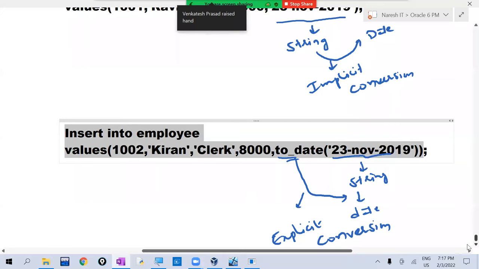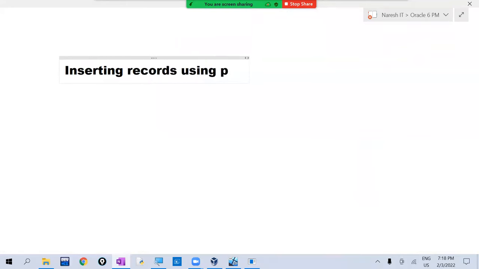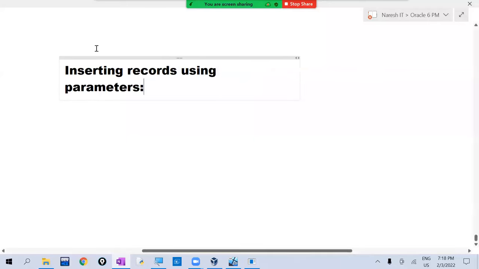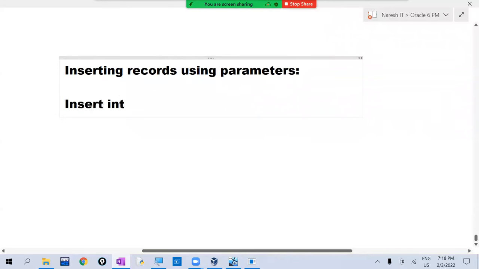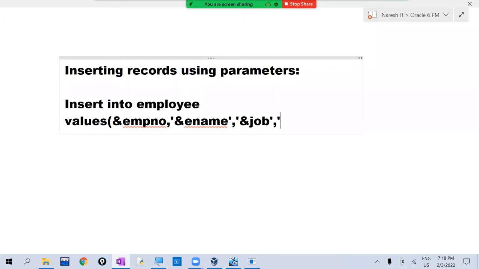Now, if you want to insert multiple records, what do we use? Parameters. Inserting records using parameters. We use parameters to insert multiple records. What do we write? Insert into employee values, and give the parameters here: ampersand employee number, ampersand employee name, ampersand job, ampersand salary,